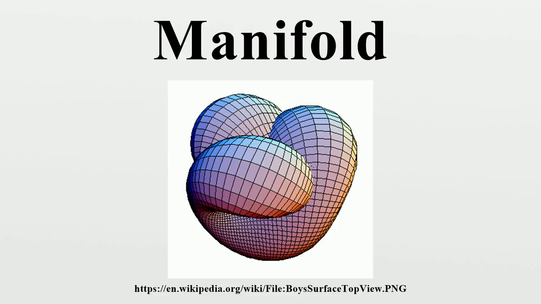Examples include the plane, the sphere, and the torus, which can all be embedded in three-dimensional real space, but also the Klein bottle and real projective plane, which cannot. Although a manifold resembles Euclidean space near each point, globally it may not. For example, the surface of the sphere is not a Euclidean space, but in a region it can be charted by means of map projections of the region into the Euclidean plane.